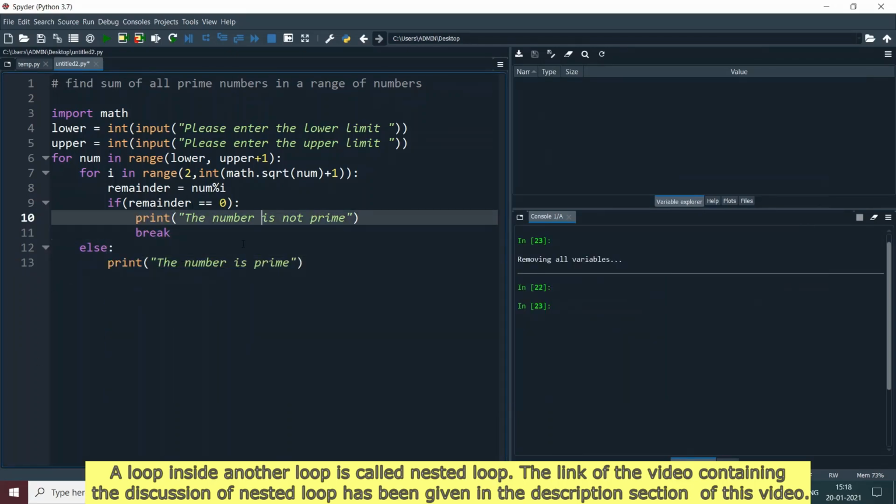Now let's do it like this: the number, then quotes, then this plus and here we'll mention what the number is, str num. Fine. And here also we'll do a similar thing.